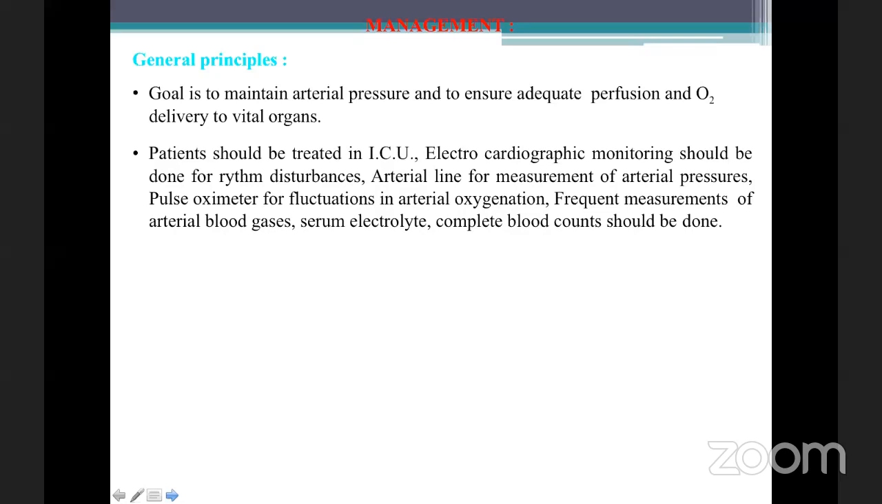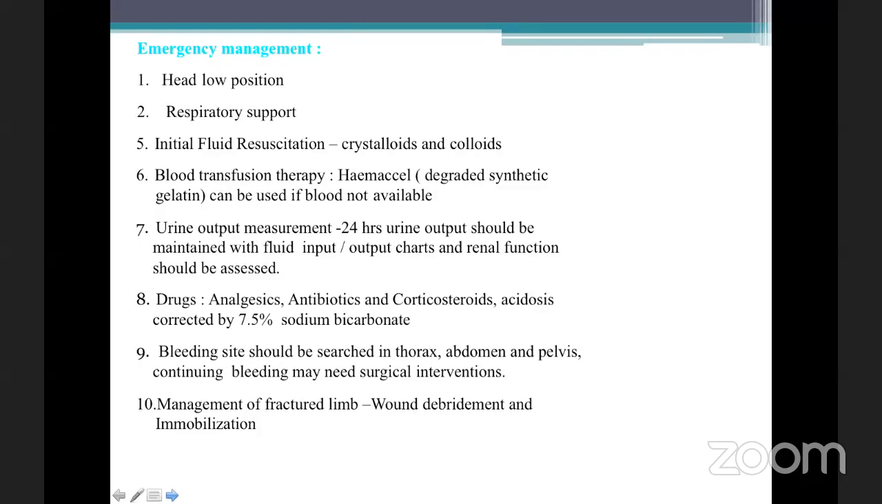With respect to circulation, you need to monitor the arterial pressure. An arterial line has to be secured, and arterial pressures and pulse oximeter for oxygenation have to be monitored. ABG, serum electrolytes and blood counts should be monitored in an ICU setting, and the head should be in a lowered position to avoid vasovagal syncope. Then respiratory support has to be given, and crystalloid and colloid support should be given. Blood transfusion, if you think that class 3 or class 4 of